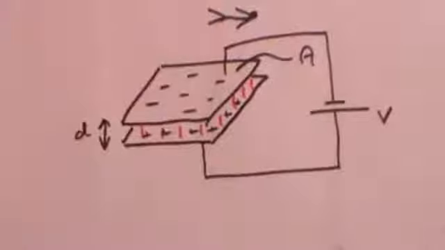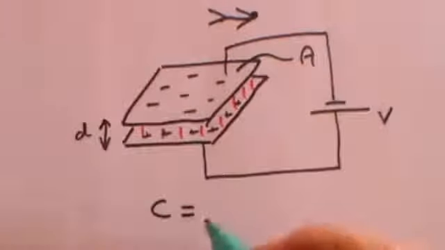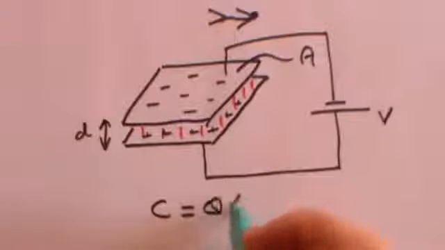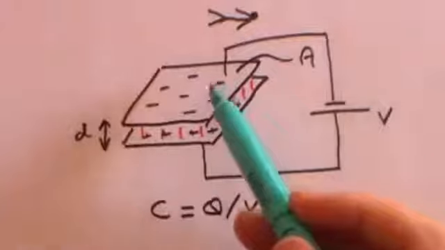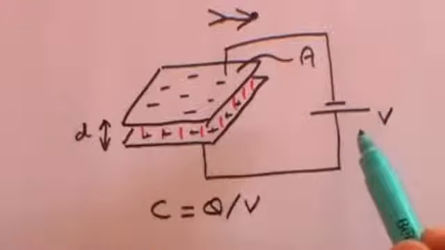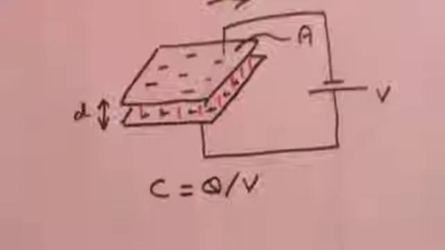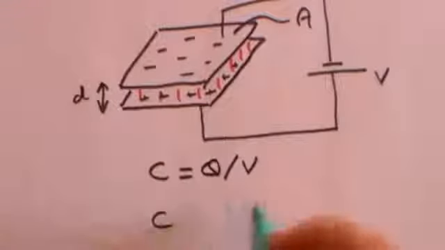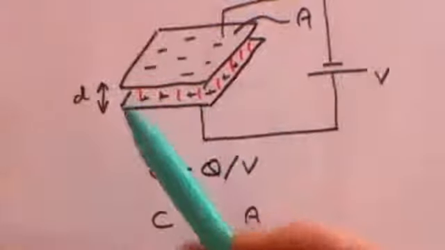From our video on capacitors, we established that the definition of capacitance was the amount of charge per volt. So it's the amount of charge on the capacitor determined by the voltage that is applied. We also learned that the capacitance was proportional to the area of the plate divided